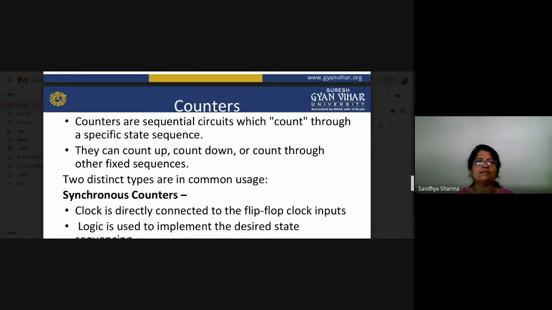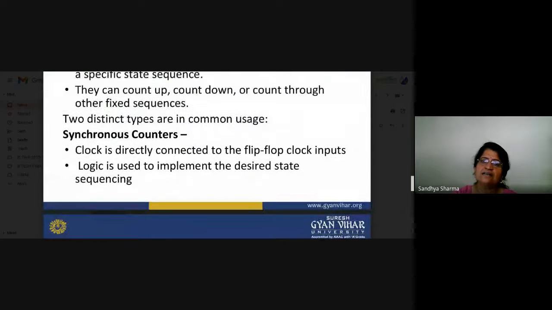First of all, there is a classification of counters. The first one is the synchronous counter. In a sequential circuit, the output changes only at a particular specified time period, not all the time or at any time. There is a certain fixed time period in which your output can change. So there is a clock signal, which you have to provide in a synchronous counter.